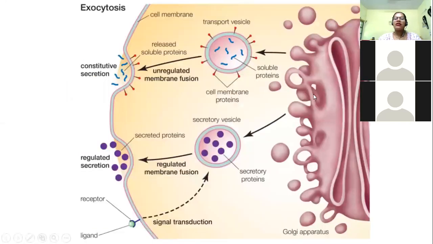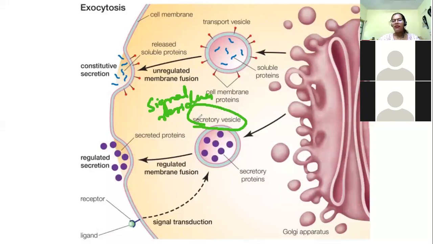As we were discussing, this is the Golgi apparatus where the proteins are getting folded. Once they get folded, they go into vesicles called secretory vesicles. These vesicles have certain signal residues which direct them to go and fuse with the plasma membrane. Every time a vesicle fuses with the plasma membrane, there is an increase in the surface area of the plasma membrane. Do you agree?